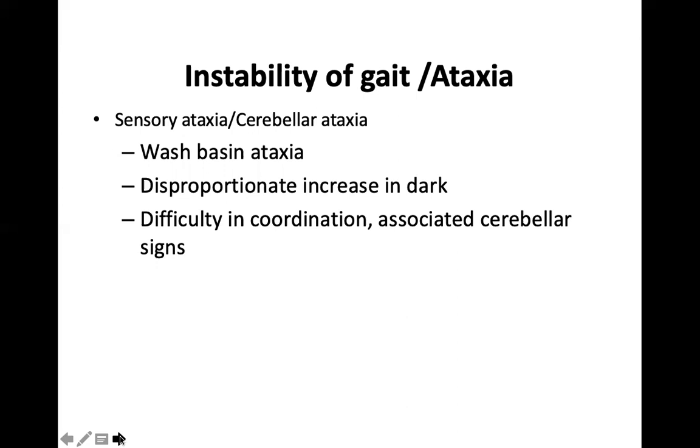So visual compensation, whenever it's gone, a patient of sensory ataxia will manifest with ataxia. So that is important, wash basin ataxia. Then disproportionate increase in the dark, again, is because of the visual compensation, which is decreased in the dark. And obviously, if it's a cerebellar ataxia, there will be other cerebellar signs like nystagmus, scanning speech, dysarthria, dysmetria,